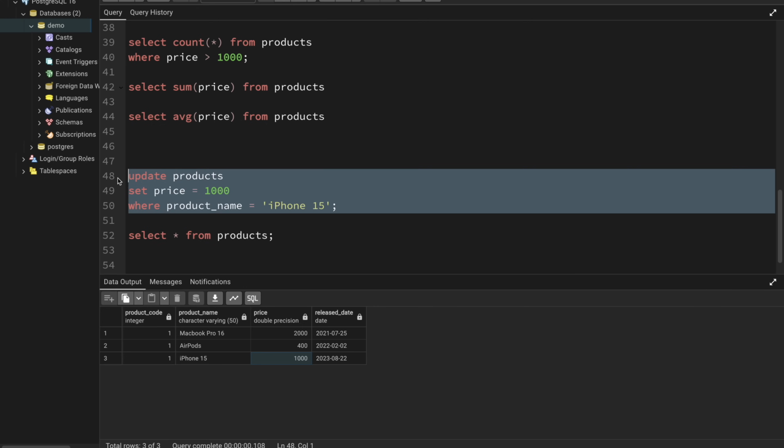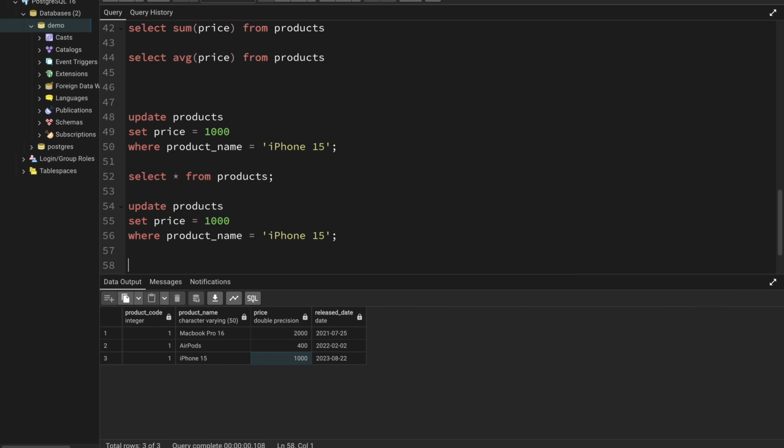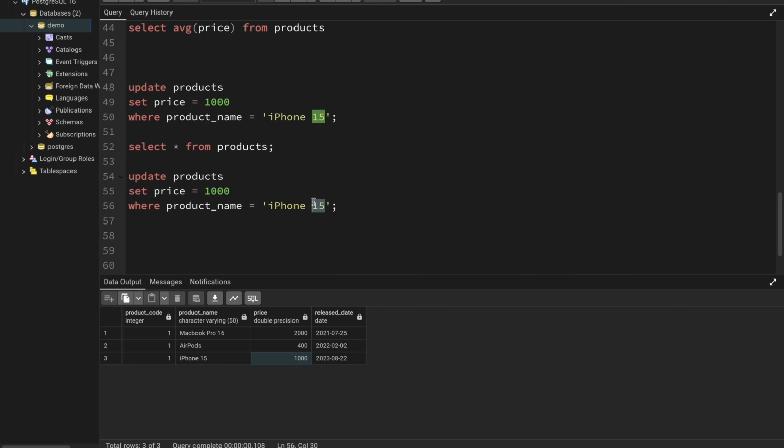Similarly, I can also modify multiple columns if I wanted to. So let's say I want to again modify the same record, that is wherever it is iPhone 15, and I want to make the price, let's say 1200. And I also want to update one more column, let's say the release date. So I'm just going to say released date equal to some new date. So I'm just going to say to date and I need to provide the new date. And okay, so currently it is this one. So I'll just copy it here. So instead of 22nd, I'll just make it like 30th of August. Okay. And I need to provide the format. So this is YYYY